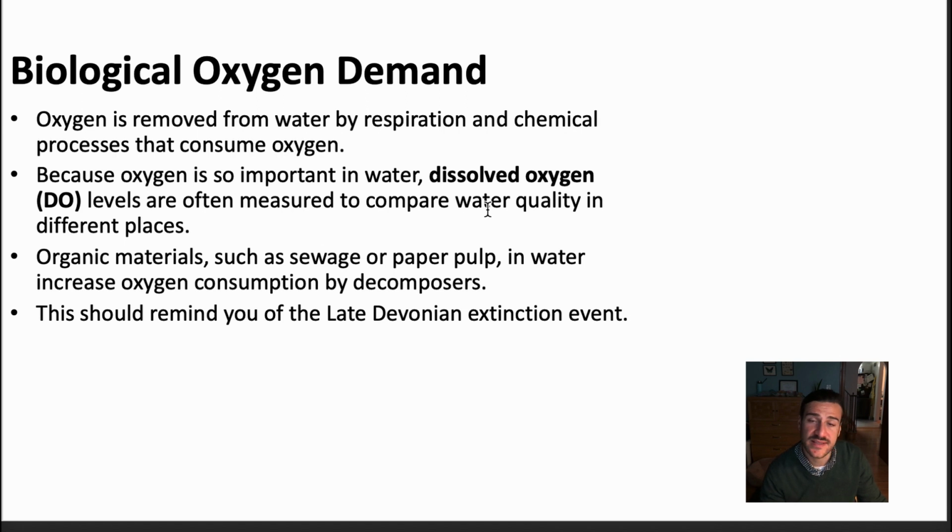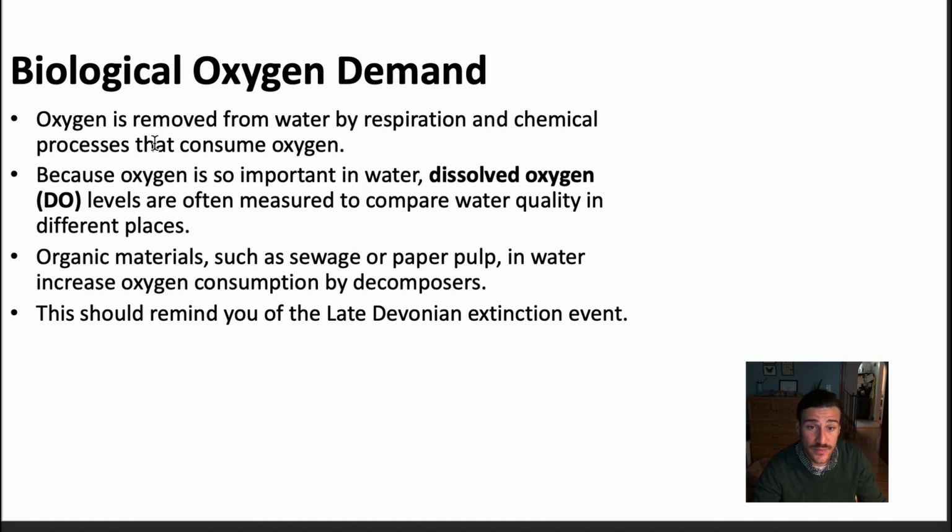We learned previously, and this is a concept that we tend to revisit all the time, that the more biological pollutants that are dumped into an area, the lower the oxygen in that water column becomes. So this should spark a light bulb from the late Devonian extinction event. Remember those vascular plants washing into fresh water, as well as the shallow oceans. They increase the amount of nutrients, which causes algal blooms. Algal blooms, again, they eventually die, and then they are decomposed by bacteria that suck up the available oxygen, which then in turn